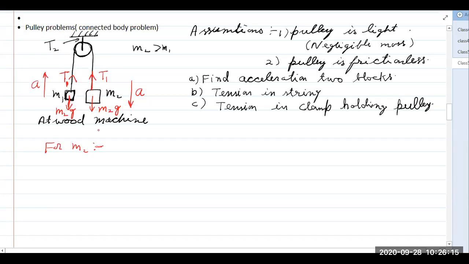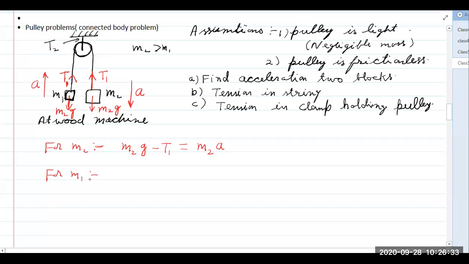So M2G is the downward force, minus the tension, the upward force. The net force will be equal to M2 into A. So this is the equation for F equal to MA. This is the equation for M2. Similarly for M1,